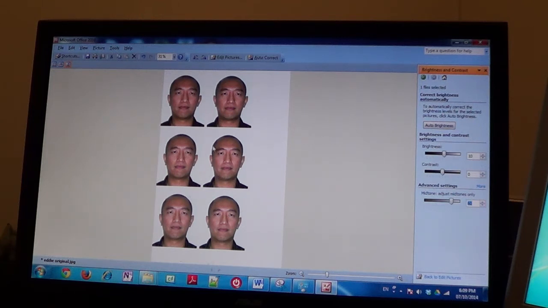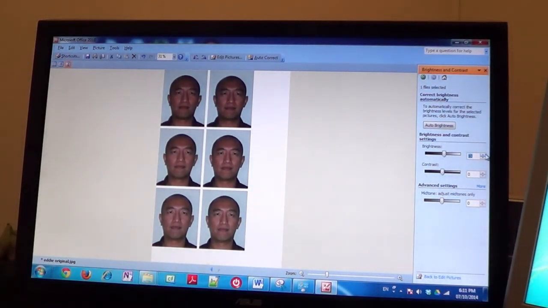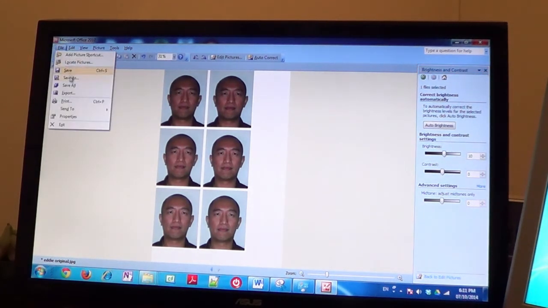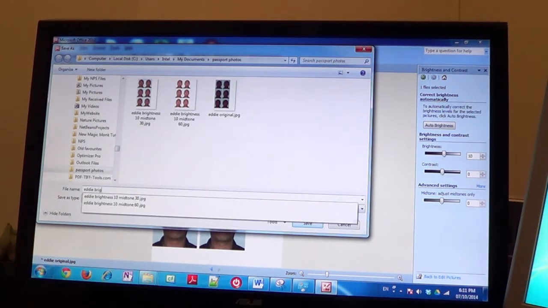Okay. Otherwise, if we change the brightness, then the black color is going to become white, which is going to be unnatural. And also, it's a good idea to just have one with brightness 10. Okay, and then save that. Eddie, brightness,